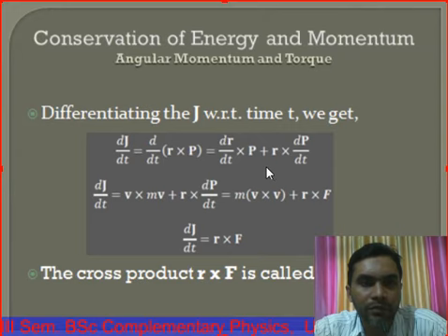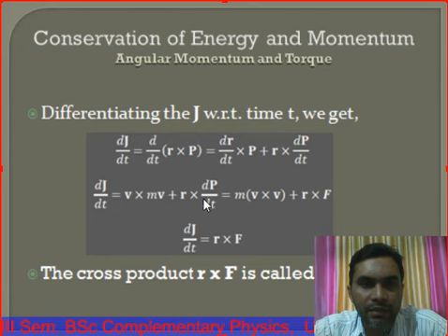That is by using the product rule of differentiation and keeping the order of differentiation, because r cross p is a vector product, so order is important. Dr by dt cross p plus r cross dp by dt. So that is equal to, this dr by dt is the velocity of the particle. So v cross p, where p is equal to mv. So v cross mv plus r cross dp by dt. So that is equal to m, a scalar that can be taken out because it is not operated with the cross product. So this can be written as m into v cross v plus r cross dp by dt, according to Newton's second law of motion.